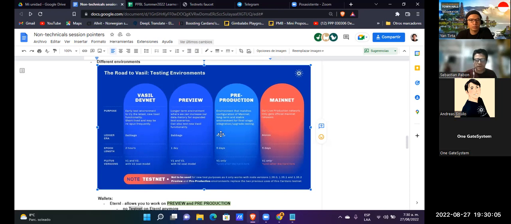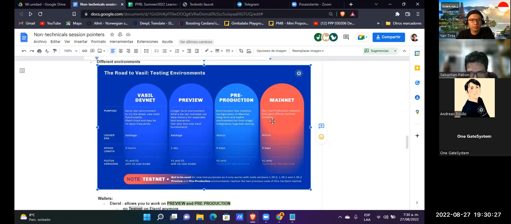Babbage is a more updated era. Alonso is a previous era to Babbage. But I think that in the next weeks they will update that environment to Babbage.